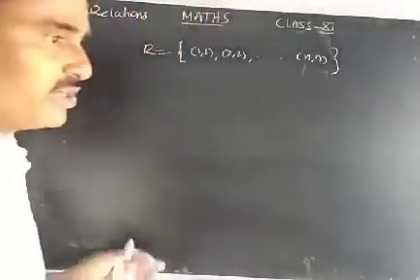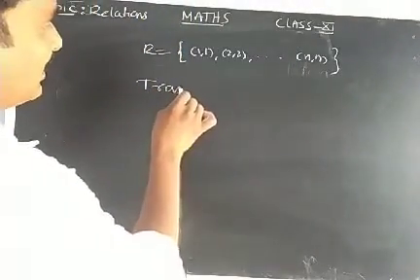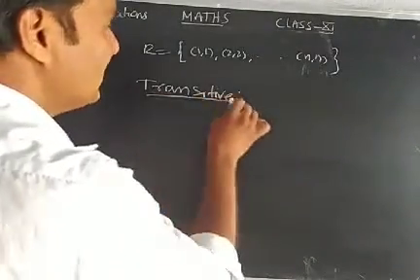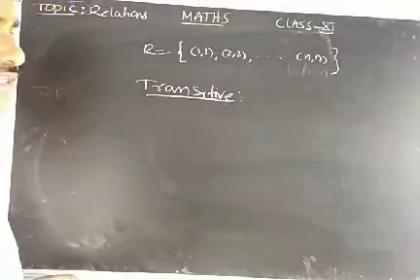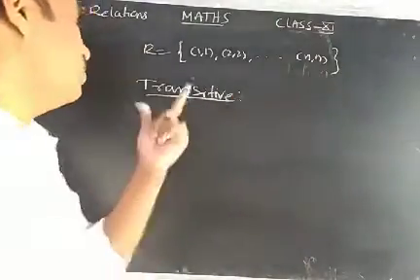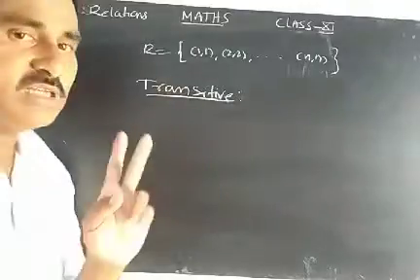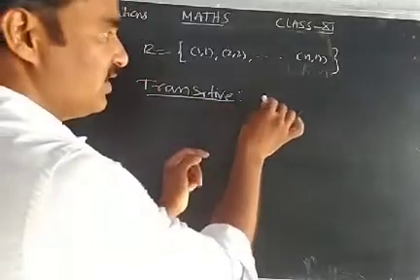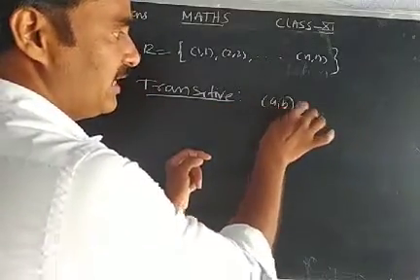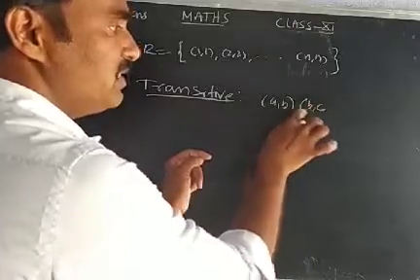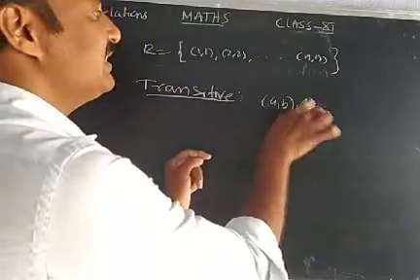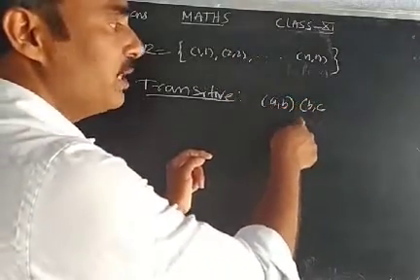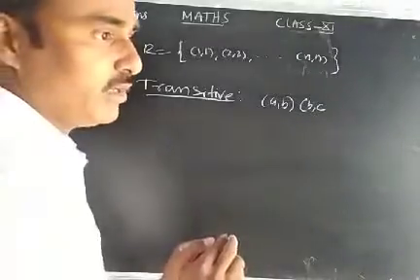Now the third property. What is the third property? Transitive. I am going to check the transitive property. If it satisfies the transitive property, then we can say that the relation is a transitive relation. So what is the definition? To show a transitive relation, we need two ordered pairs. Which type of ordered pairs? The first ordered pair's second element and the second ordered pair's first element should be the same. If such two ordered pairs exist in R, then remove this b and b, construct a new ordered pair and check that the new ordered pair belongs to R.